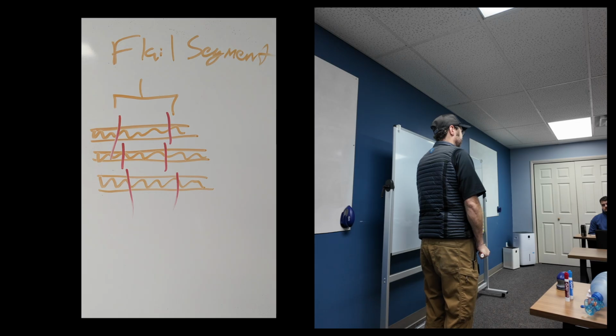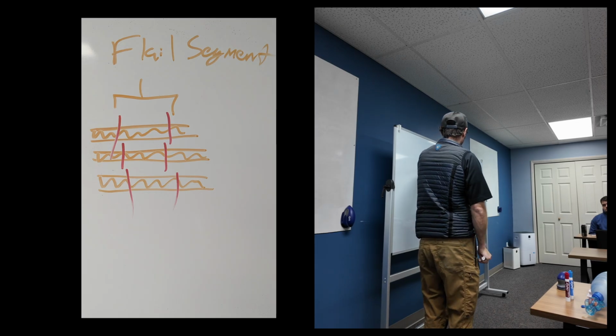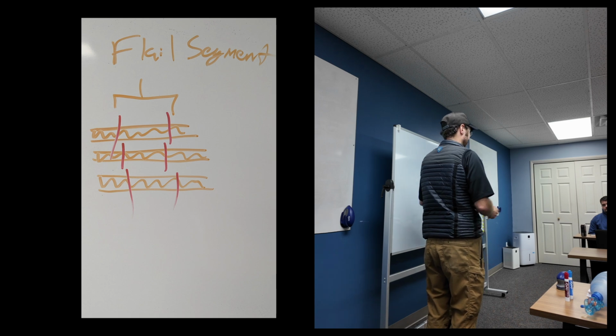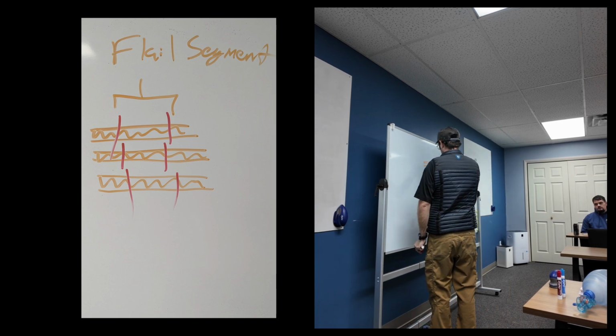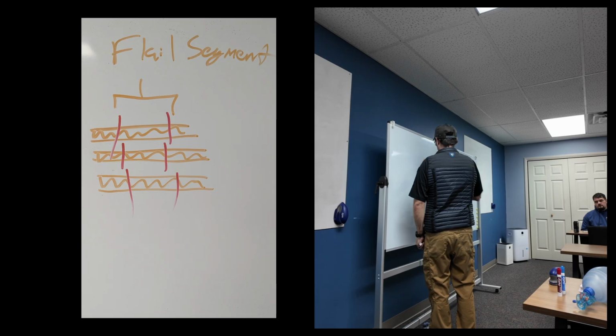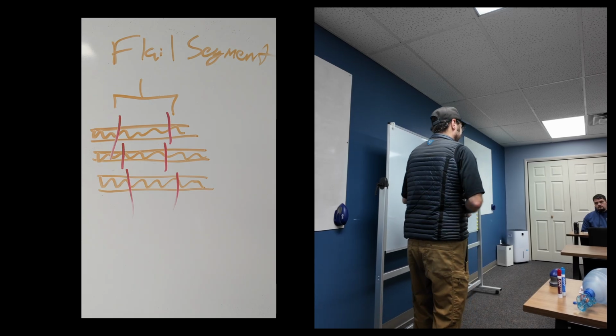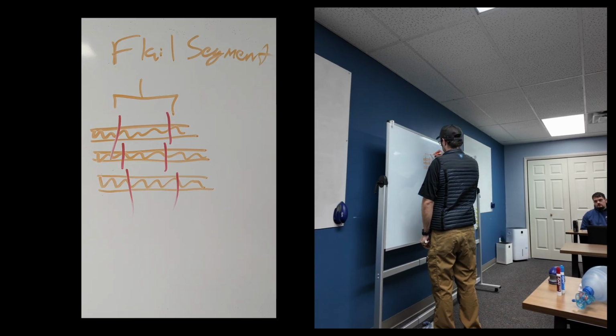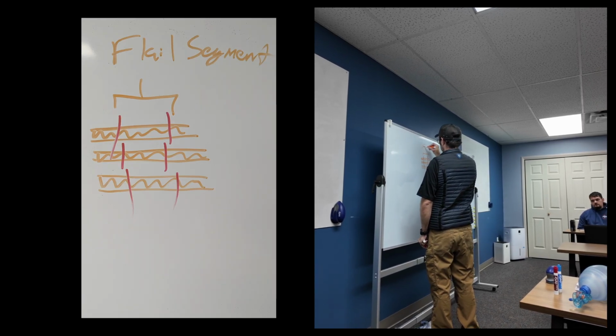Flail chest, by its definition. No. How many ribs are broken? Three. How many are broken in at least two places? One. Now, if I were to have a fracture like that, then this whole area right here would be called